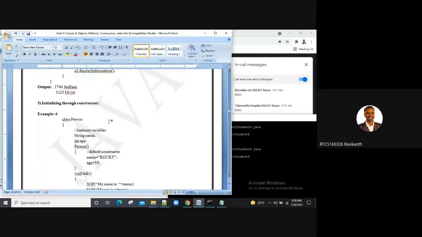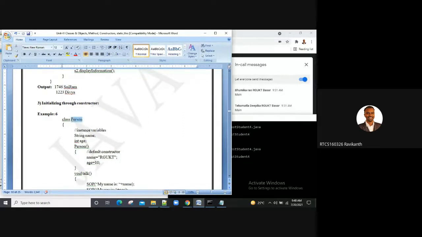So constructor means creation of an object. How do I know I have a constructor in my program? You'll have a default constructor and a parameterized constructor. If you don't write a constructor, by default your Java compiler is going to write one for you.